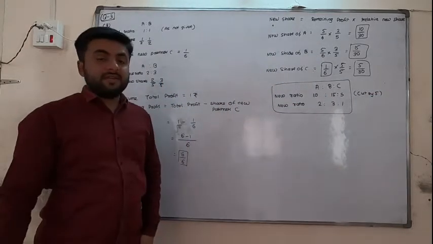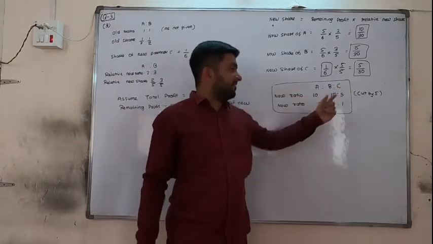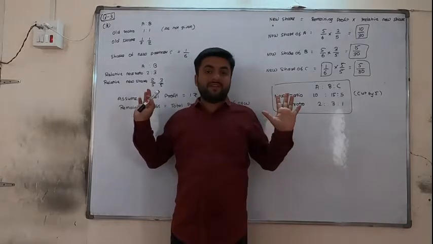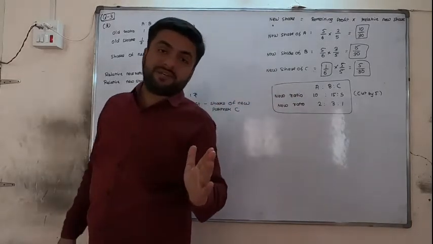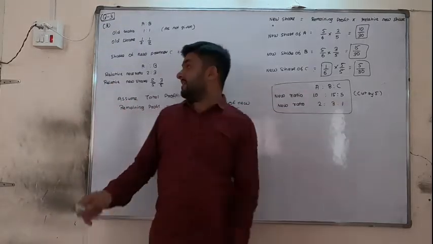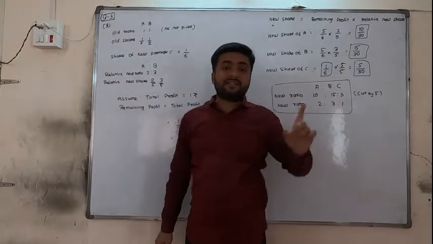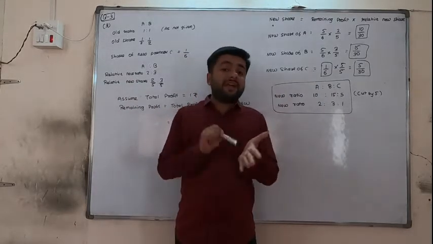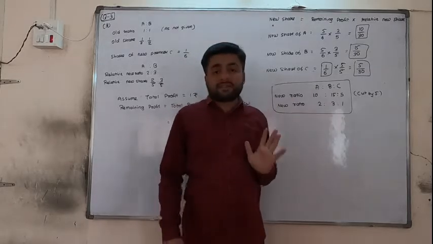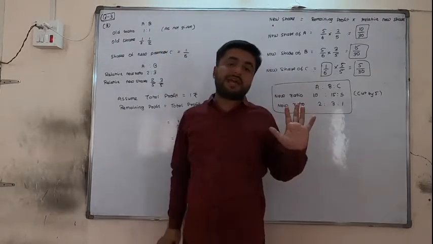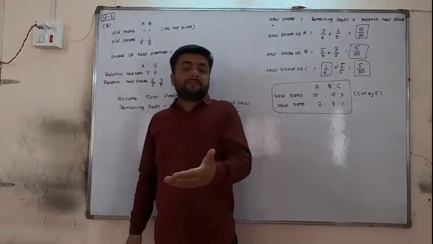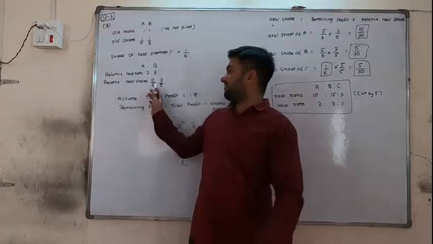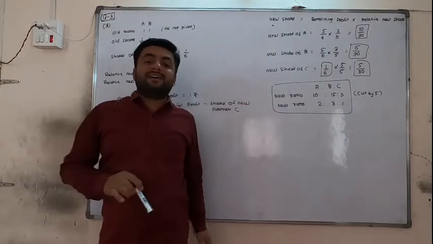So now you can see, if we delete C, then the remaining new ratio will be 2 is to 3. We can check from here. So case 2 is a very good case, because if we are deleting C, then it should match with the relative new ratio. What is the difference between relative new ratio and new ratio? If we are deducting the extra partner, still now the extra partner is C, because the business was continued by A and B. C is coming newly. So if we are excluding C, if we are cutting C, then what is remaining? 2 is to 3. We can check from here. So this answer is able to check.